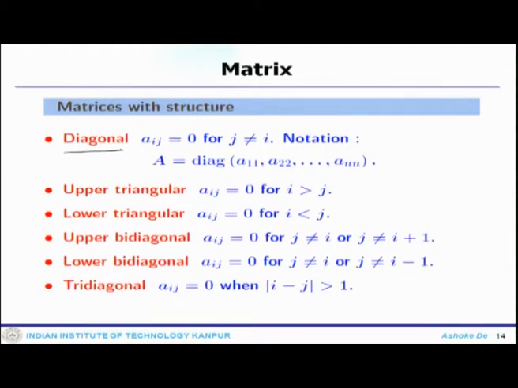One of those important properties is the diagonals. When you talk about the diagonal of A, you only refer to these elements. These are the diagonal elements, and anything above is the upper diagonal, anything below is the lower diagonal. If you only consider the upper half of the matrix, this is called the upper triangular matrix, and these are all notations, or the mathematical notation of how you define it.